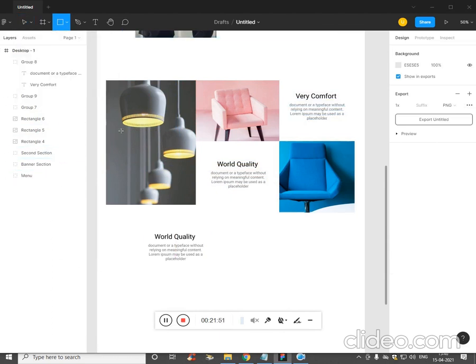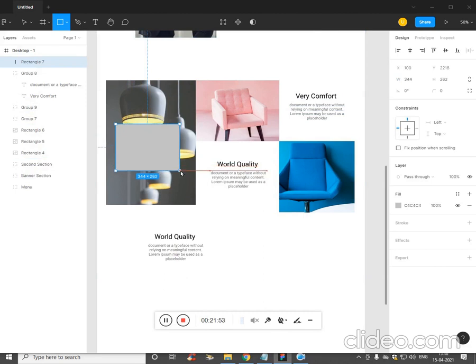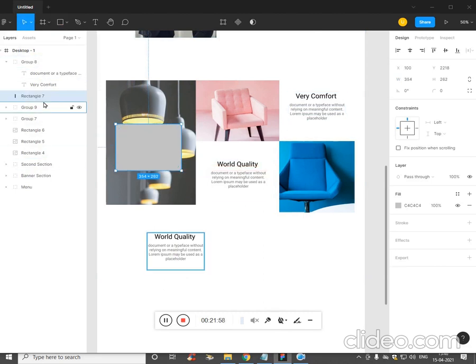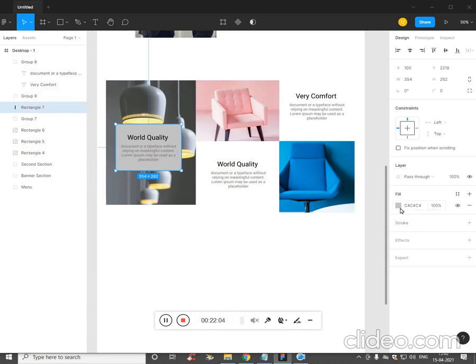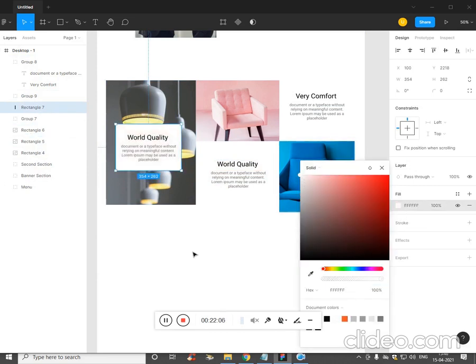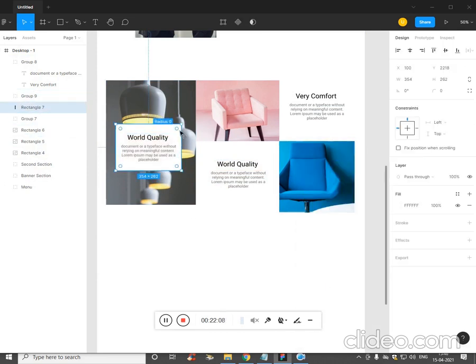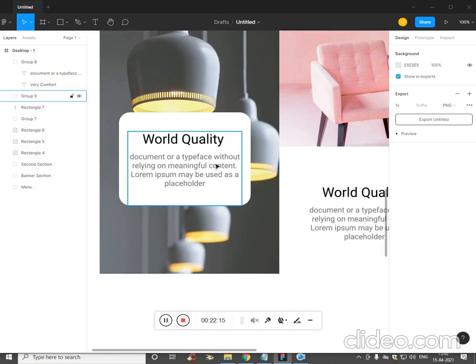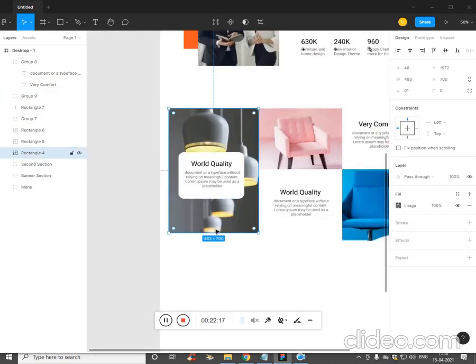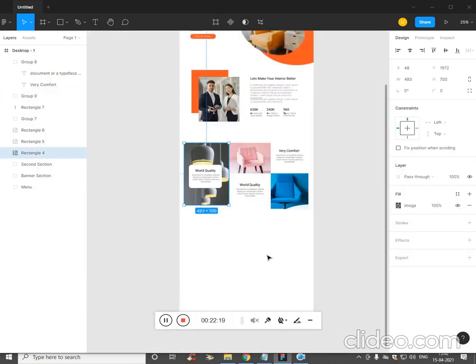Before that, we have to create a rectangle over here. I have to place it over, and let's change the color of the rectangle to white. Slightly, it's not a box shadow, slightly what we have given as border radius.